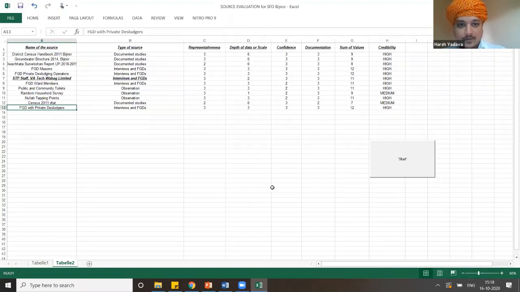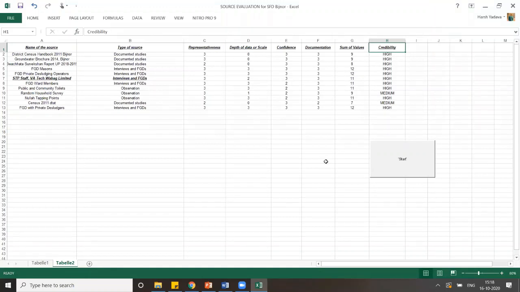Then when you have finished this evaluation, you can count how many highs and mediums there are from this credibility column H, and then you can define whether your evaluation is high or medium.